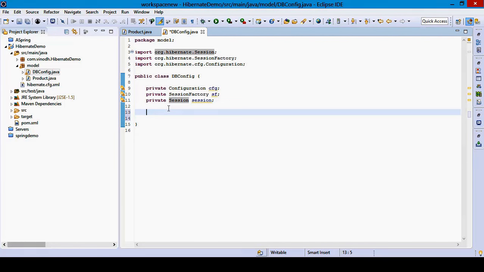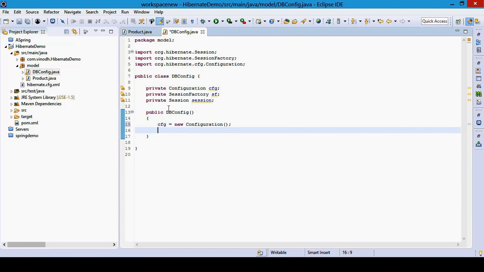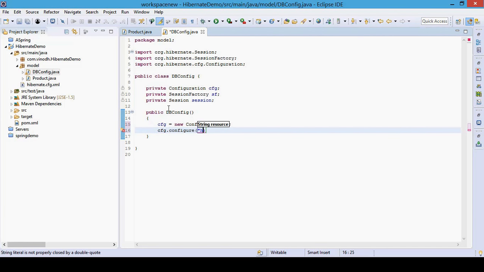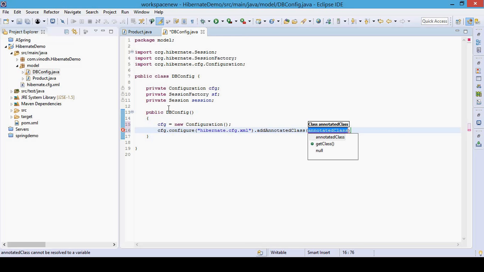I'm going to place a constructor here, and inside this constructor I have to create an object for the Configuration class. The next step is I have to call the configure method and load the configuration file, and the configuration file name is hibernate.cfg.xml. After loading the configuration file, I have to add the entity class to this Hibernate configuration object. How to add it? By using addAnnotatedClass, and inside that I have to give the name of the class,